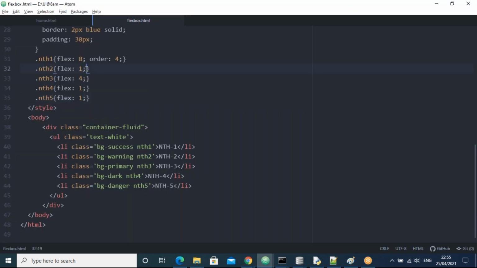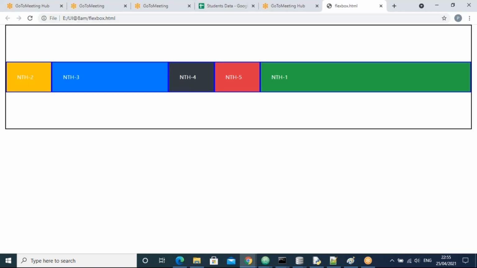The order starts from 0 or 1. Let us see now, for example, guys, this one, box 2, right? I am taking it to the 0, guys. Let us see whether it works or not. Let us see now. For box 4, I'm taking the order 0, guys.